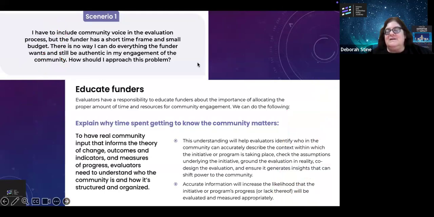And part of it is sometimes, and they have several solutions, I just picked this one, which is explaining why time to get to know the community matters. And I will say that is very important. That's something that I've had to often do. I think people sort of understand it if you relate it to things like, you don't buy something on Amazon without looking at the reviews, right? So there's much more of that community engagement, and people have much higher expectations of their level of involvement.